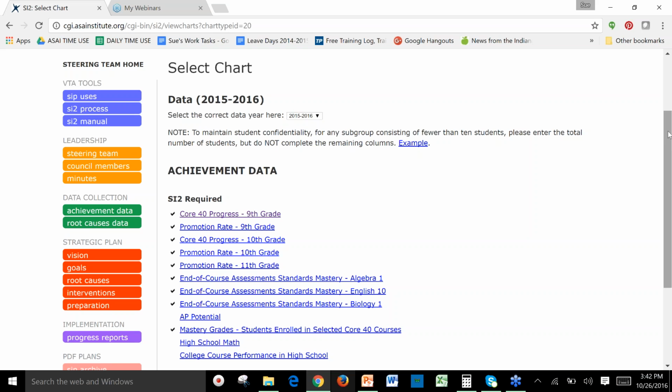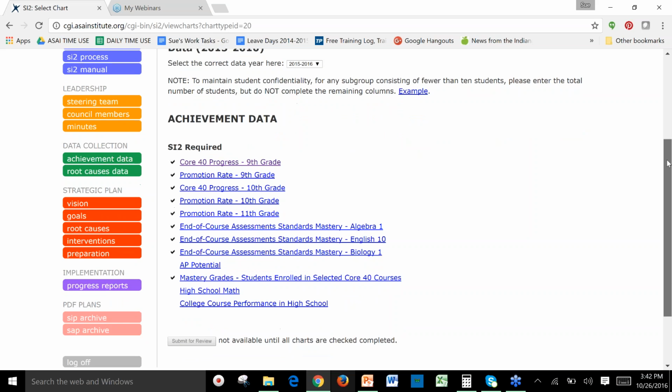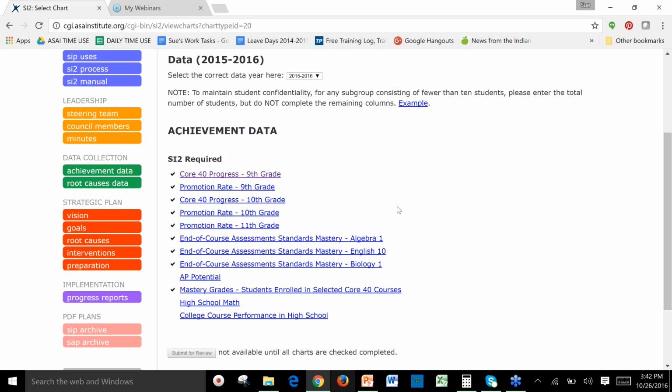The other thing that I wanted to point out is that if you are an Update 1 school, so you just started with us last year, you'll see that a lot of these data tables are already complete. That's because with DOE's timeline last year, we started so late with you that you were entering your data for the first time in the summer, and so we were able to capture the 15-16 data.